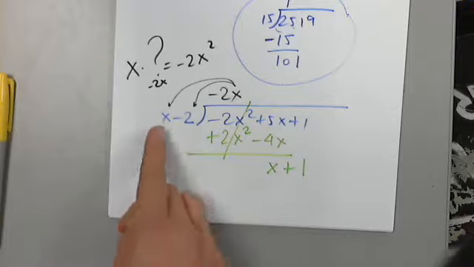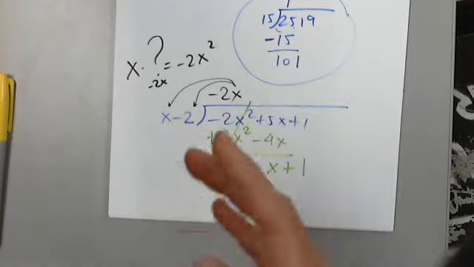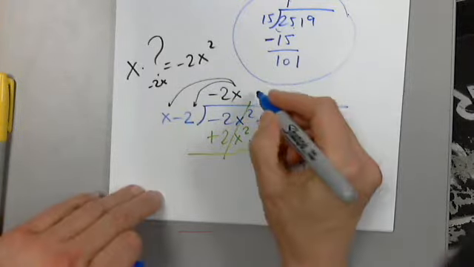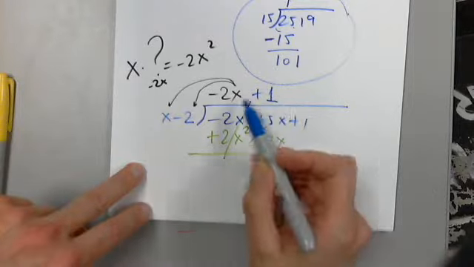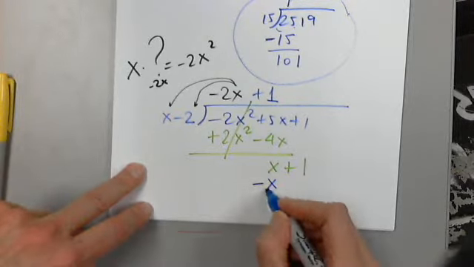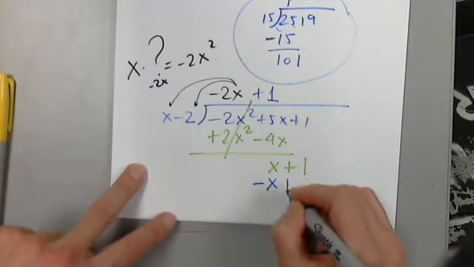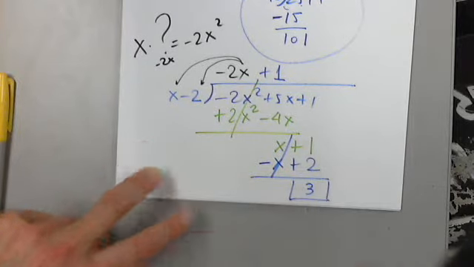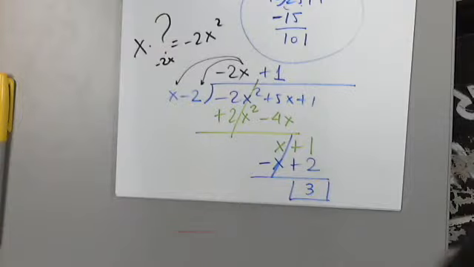Now, x multiplied by what is x? At the top, we do not lie. So when I'm asking myself x times what is x, I have to write plus 1. Go back and distribute. 1 times x is x, but I have to subtract. 1 times negative 2 is negative 2, but I have to subtract. And this gets boxed in, because I can't continue. I can't say x times what is 3. So therefore,